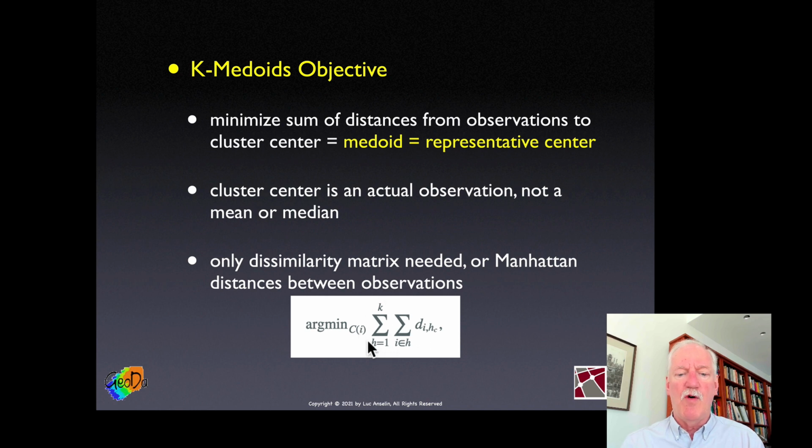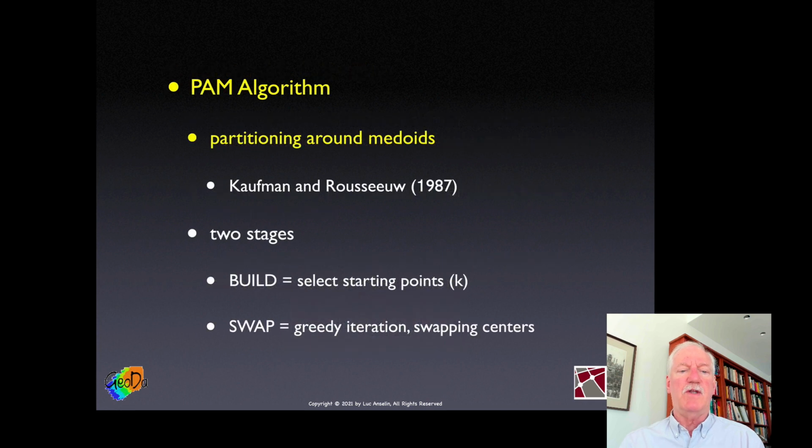We sum over all the clusters the distance from each observation to the cluster center, which is itself an actual observation. This method was introduced by Kaufman and Rousseeuw in their classic textbook,